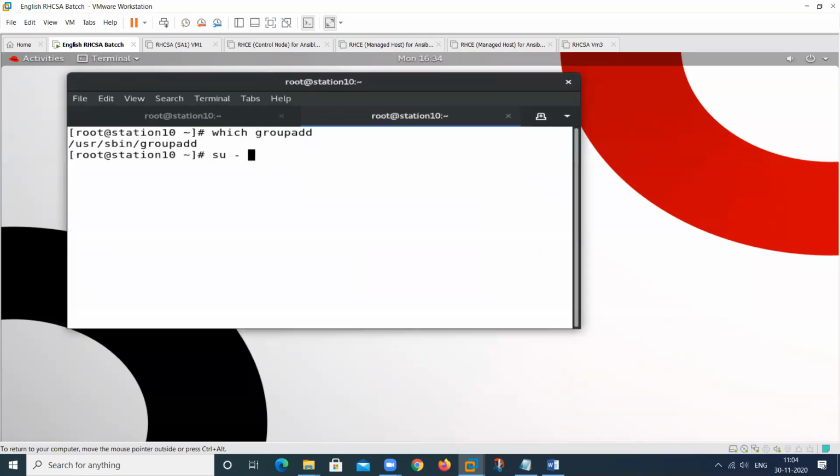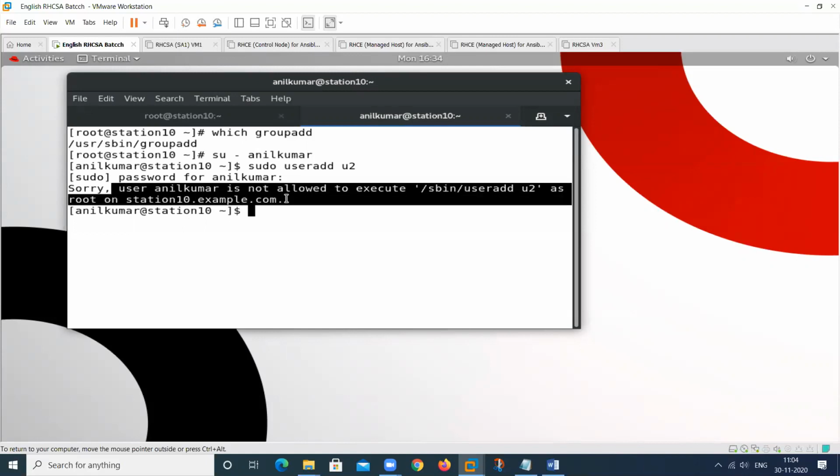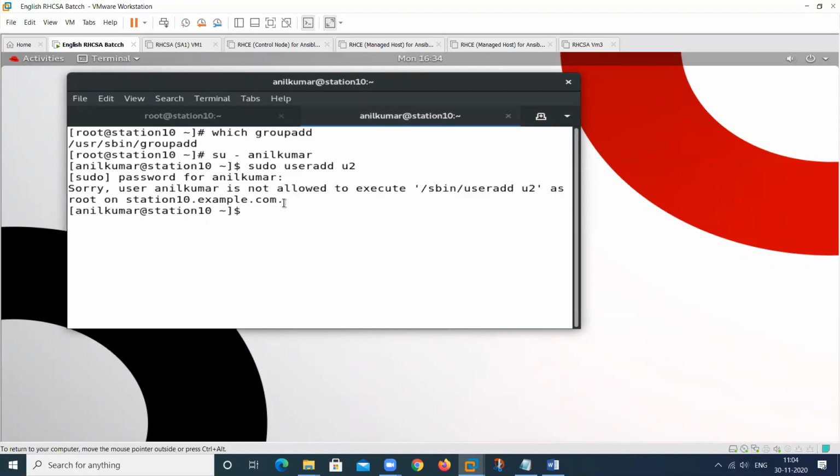Then see here, su hyphen Anil Kumar. When we perform this particular command, user2 sudo, then password again, what will it show you?